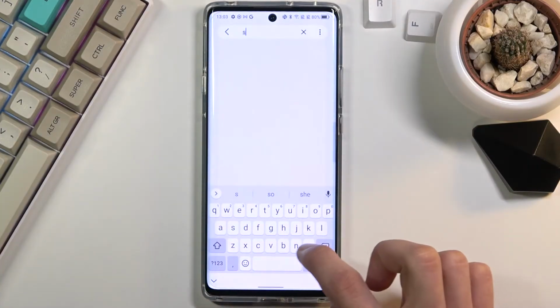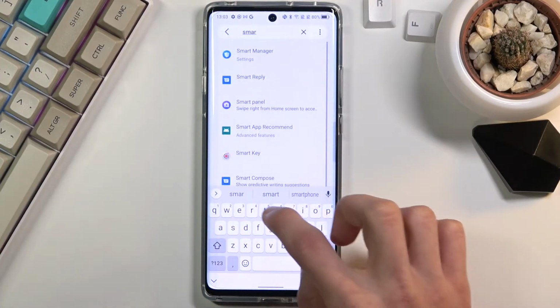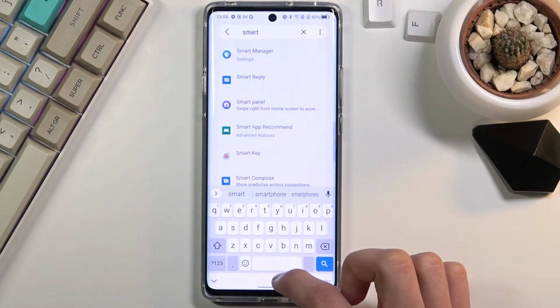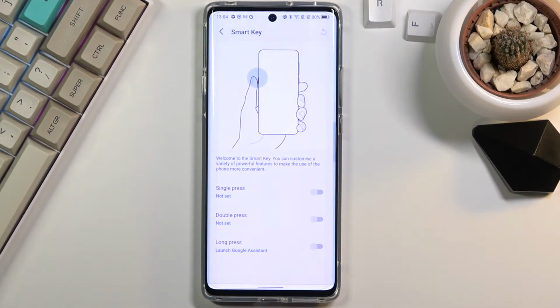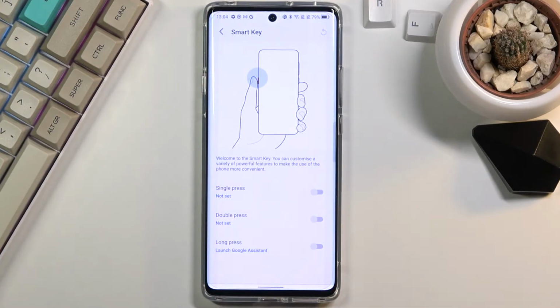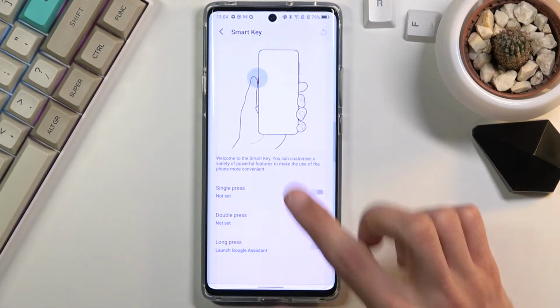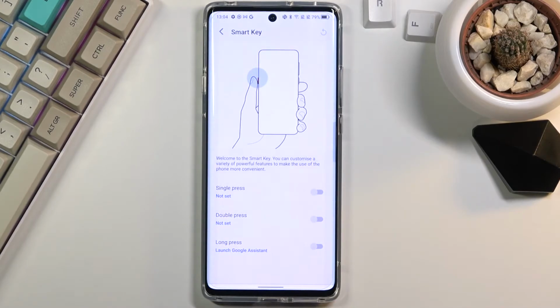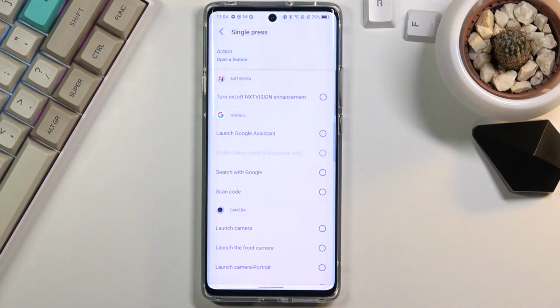I'm just gonna search for it. There we go. Still not sure where it is, but we can customize it from here. So as you just saw, I searched for Smart Key in the settings and basically found it. From here, we have a couple of different ways we can press the button: single press, double press, and a long press, which will allow us to assign 3 different functions to it. So we can just go in here and select what we want the device to do when